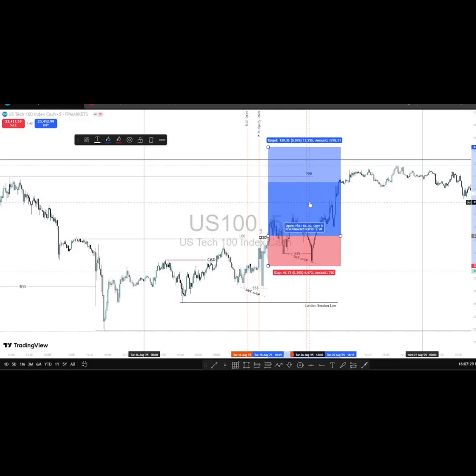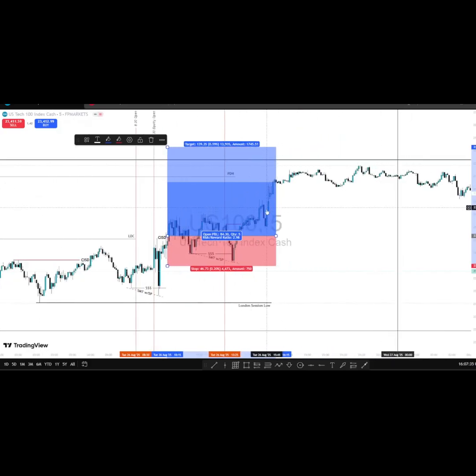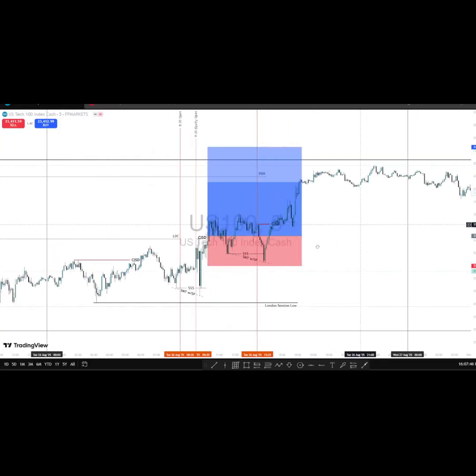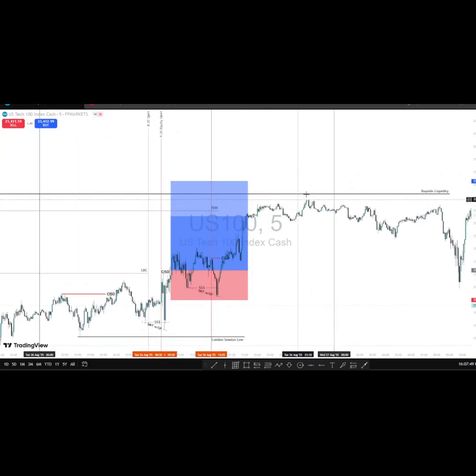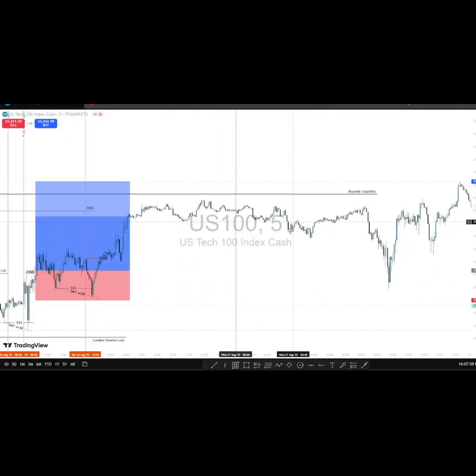Why did I move it to 23,528? Because we had this inverted fair value gap, and I did not want to see price come back anywhere here without me getting the remaining entries. So I left those remaining. You can see that the take profit was to be taken off here at 23,586, which happened the next day, but you remember that my stops were at 23,520. When price came back at 4:45 on Wednesday, that is when my remaining entry, the 10% that was remaining, was closed.